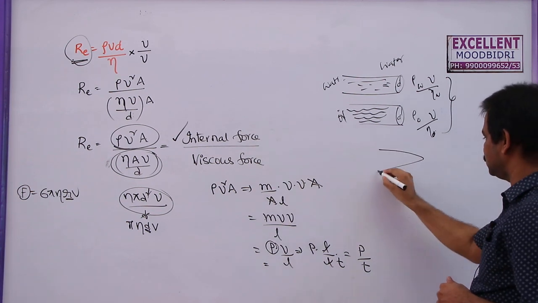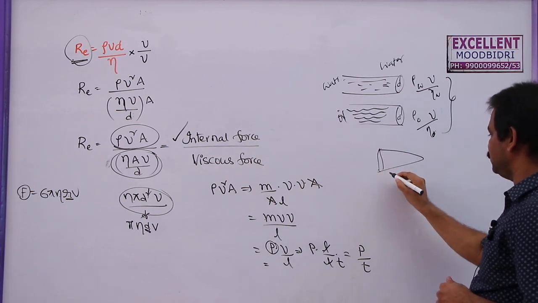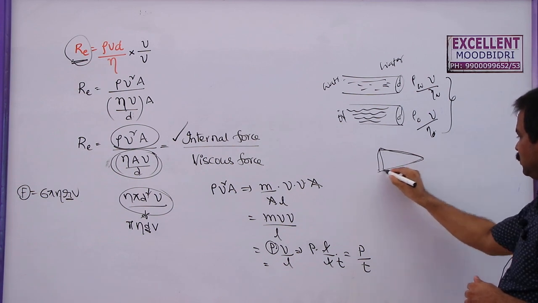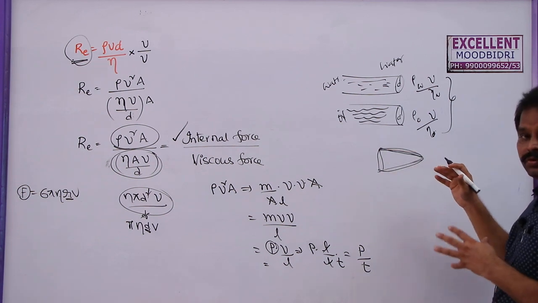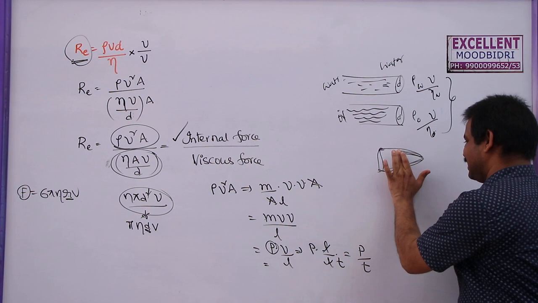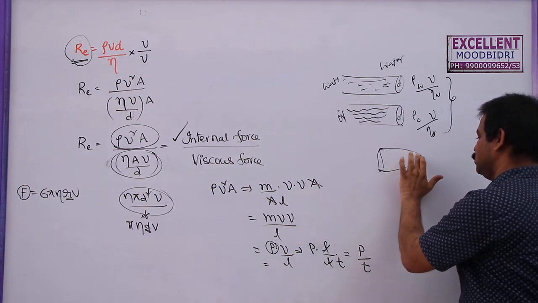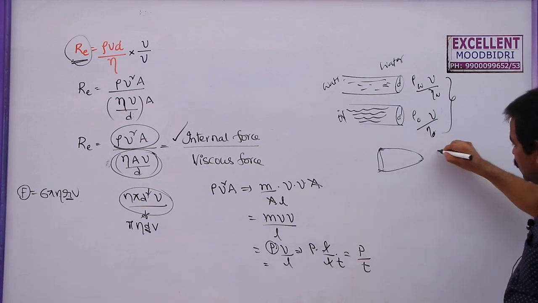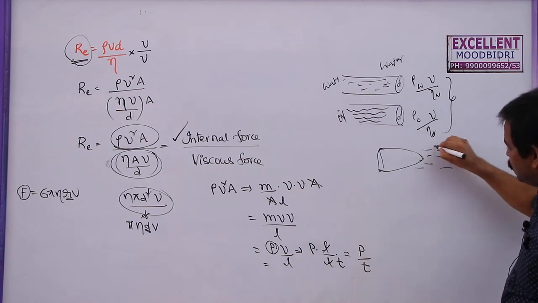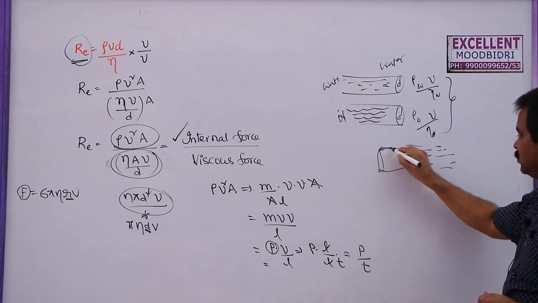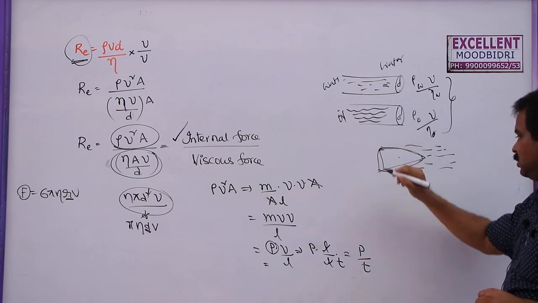Similarly, if you take these race cars, generally they are designed like this. Aeroplanes' front portions are streamlined. This is all to decrease the viscous force produced due to the fluid that is flowing, in this case the air. Air will oppose the motion of these bodies, these ships or race cars as well as these aeroplanes.